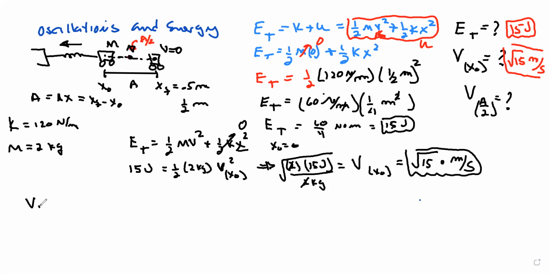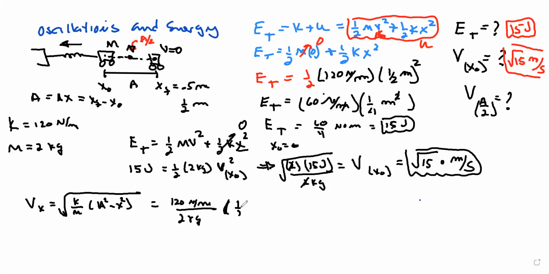So the velocity at x, which could be any point, is going to be the square root of k divided by m times a to the square minus x to the square. So that's going to be equal to 120 Newton over meter over 2 kilograms, which is the mass. And a is going to be 1/2, and you got to square that, 1/2 to the square, minus